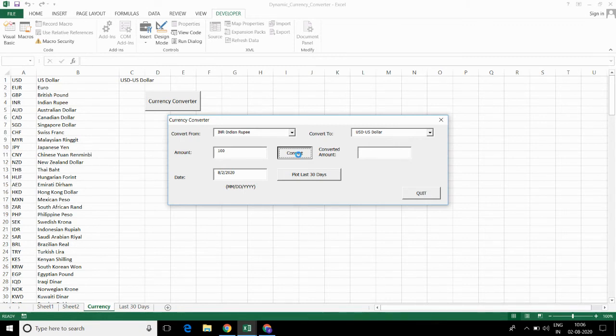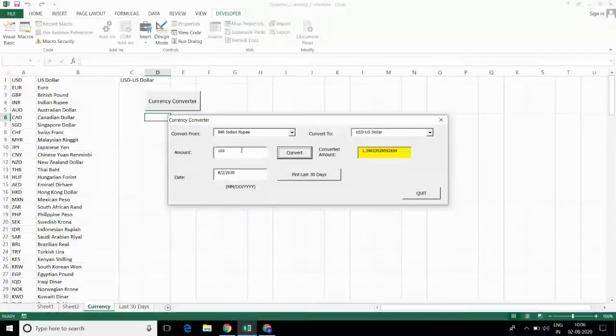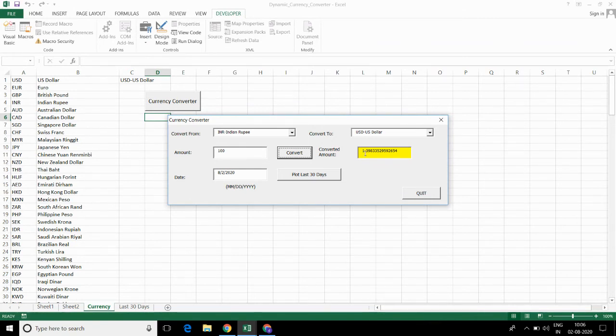So it is grabbing the data from the internet, and the converted amount is $1.39. So 100 rupees is equivalent to $1.39 for the particular date. The date I have entered is today's date.